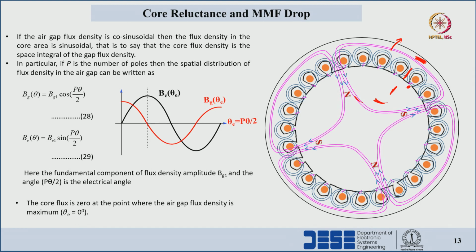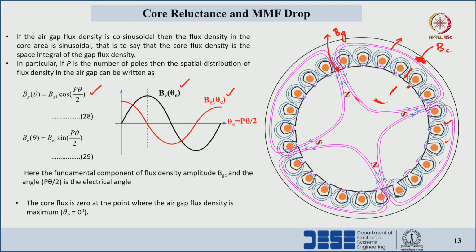Let us consider a 3-phase distributed winding forming a 4-pole machine, based upon the thumb rule for each and every conductor we can see here. The flux density at the air gap and the flux density at the core are 90 degrees phase shifted. If we consider the Bg value to be cosinusoidal, the flux density at the core will be sinusoidal. So, the flux density equation with respect to the fundamental